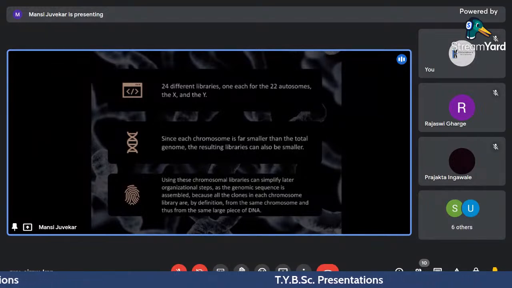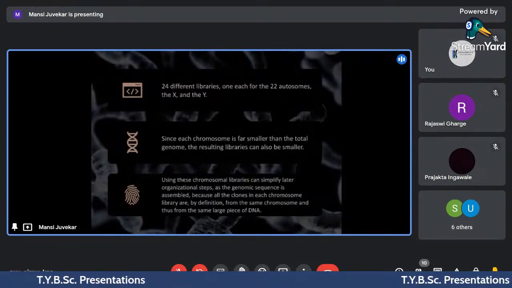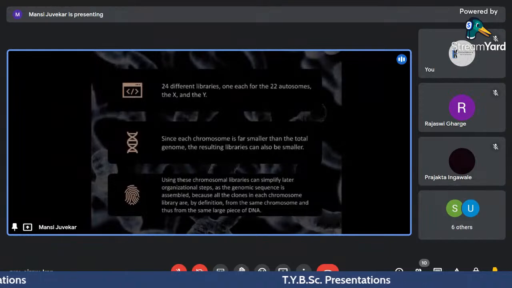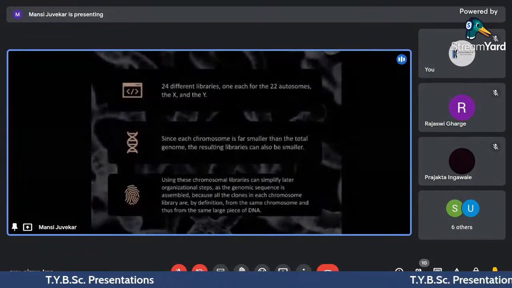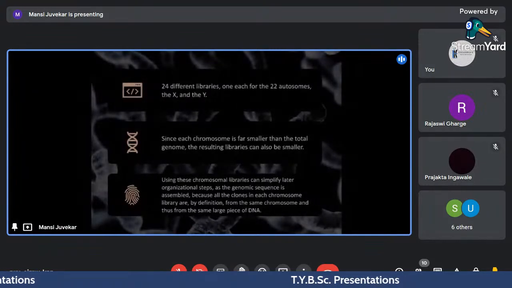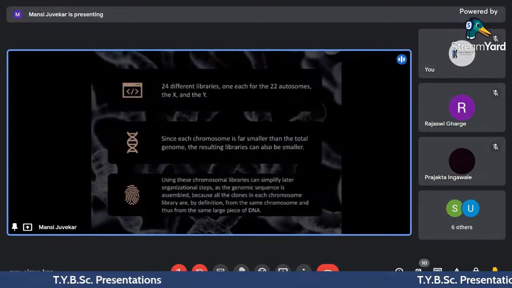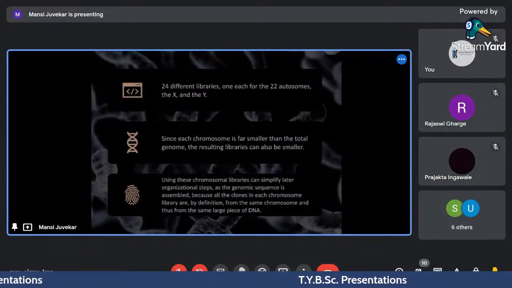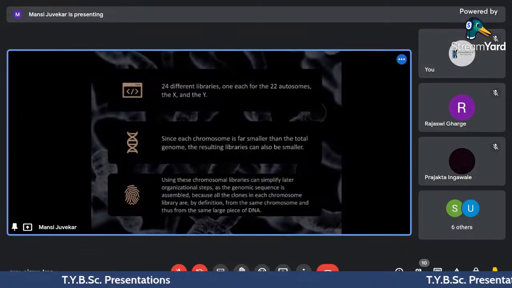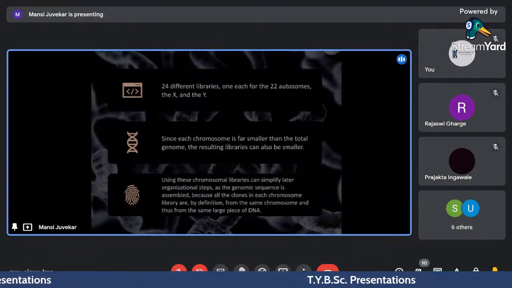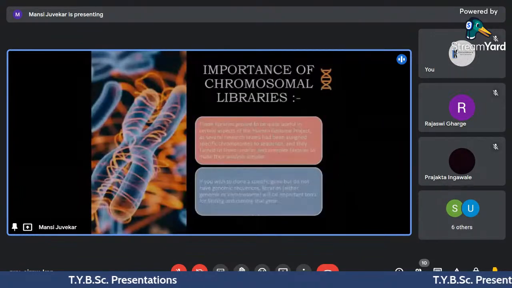मतलब हम लोग यहाँ पे क्या बोल रहे हैं कि ह्यूमंस में 46 क्रोमोसोम्स रहते हैं और 23 पेयर्स में रहते हैं, तो 22 ऑटोसोम्स रहते हैं और जो 23rd वाला रहता है वो सेक्स क्रोमोसोम रहता है, जैसे एक्स एंड वाई। तो ये क्रोमोसोम लाइब्रेरीज में क्रोमोसोम्स को डिफरेंशिएट किया जाता है। जैसे कि जो फर्स्ट क्रोमोसोम होगा वो सबसे लार्जेस्ट क्रोमोसोम होगा और जो 21st वाला होगा वो स्मॉलेस्ट क्रोमोसोम होगा। यही यहाँ पे कहा गया है।